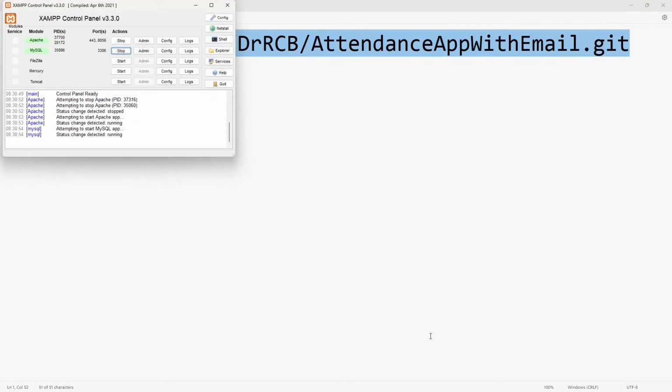Once you change something in the configuration file and then save it, to apply those changes, you have to restart both these two servers. So Apache server, I'm stopping it, and MySQL server, I'm stopping it, and again I'm starting them. Okay, after restarting the servers,